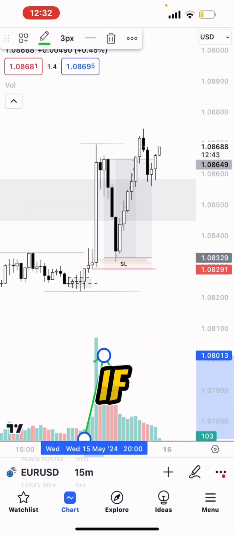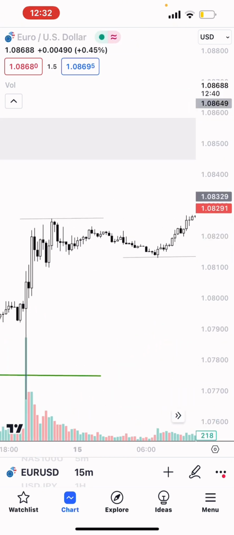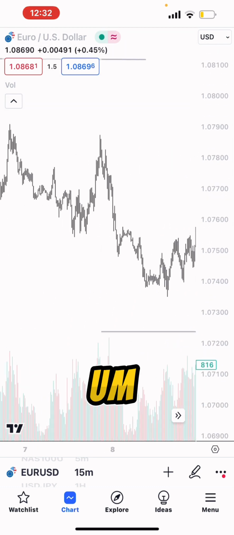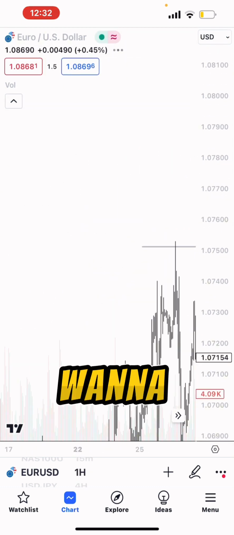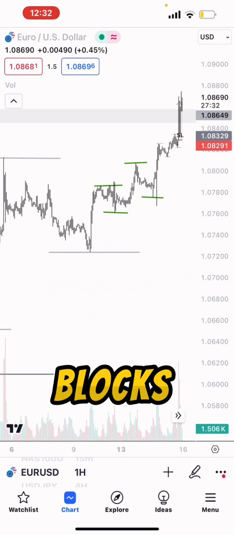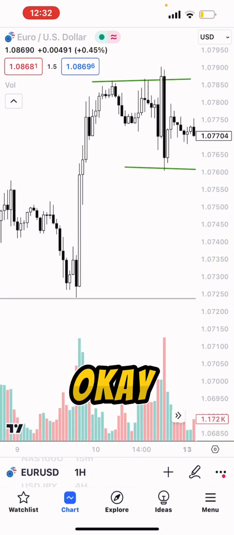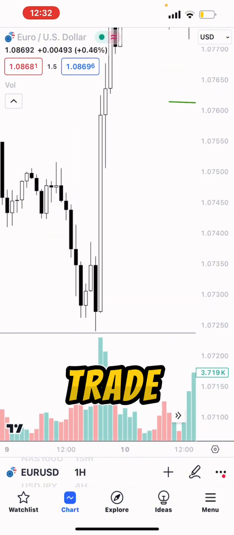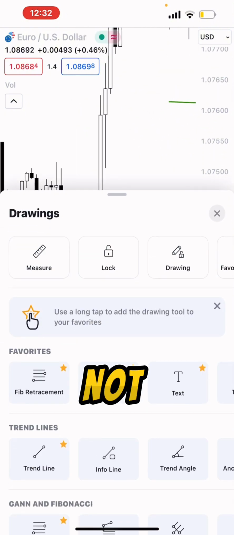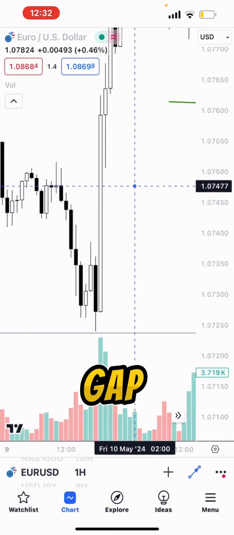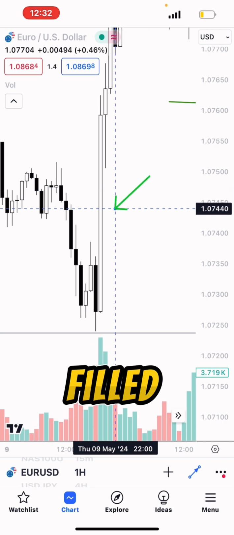Now, if you guys want to see an example, I want to see if I can show you guys an example of some order blocks. Okay, so this looks like some. This right here is something I usually trade. If not, sometimes the gaps will get filled. Like right here, this is a gap. Sometimes these gaps will get filled, but sometimes